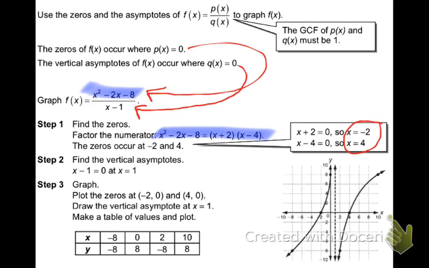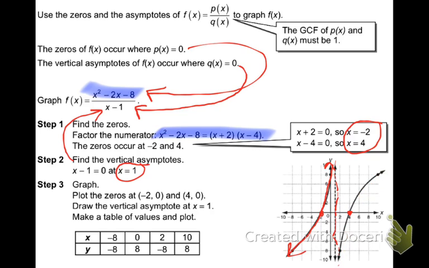So I plot my zeros, -2 and 4. And then I find my vertical asymptote. Again, my vertical asymptote comes from the denominator. My vertical asymptote's at x equals 1. So there's my imaginary line right there. And then I sketch my graph. I'm going to sketch a graph that goes through that zero, and it cannot cross